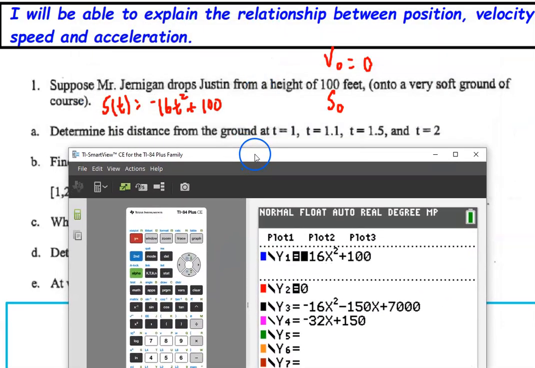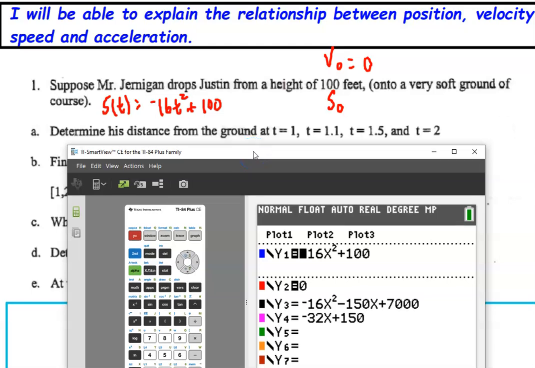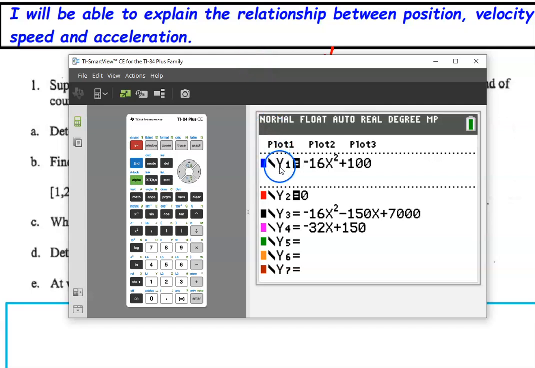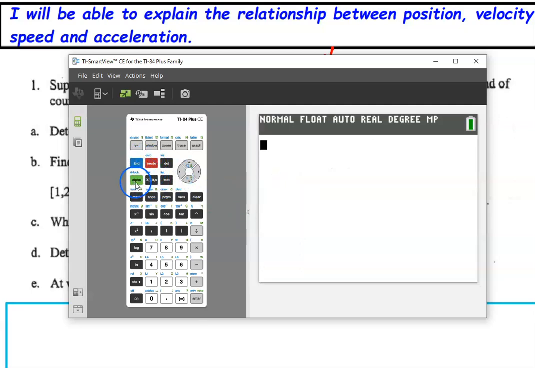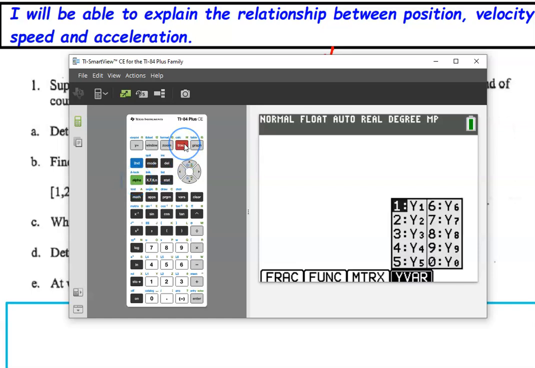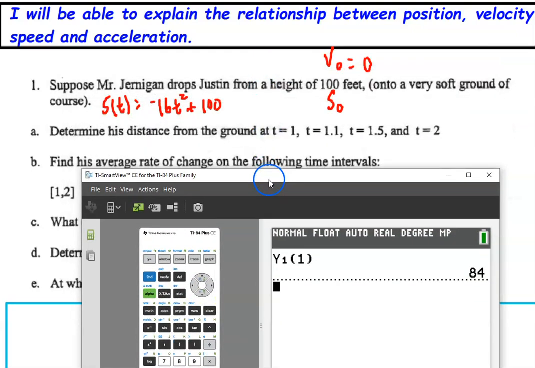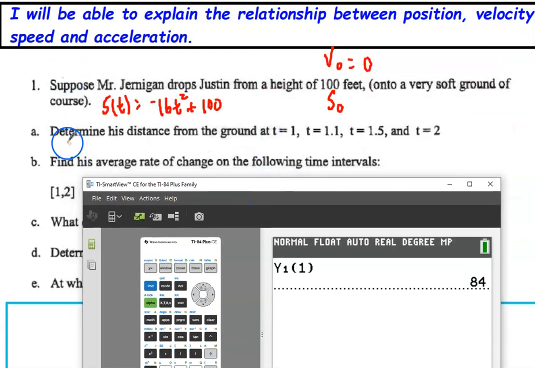So to determine his distance from the ground at 1 second, 1.1, 1.5, I think the most efficient way to do that, noticing that my y1 is already in my calculator, I'm going to go to the home screen. I'm going to do my shortcuts. I'm going to do alpha F4. I'm going to select y1, and I want to know the position at 1 second. So that's going to be 84. So S of 1